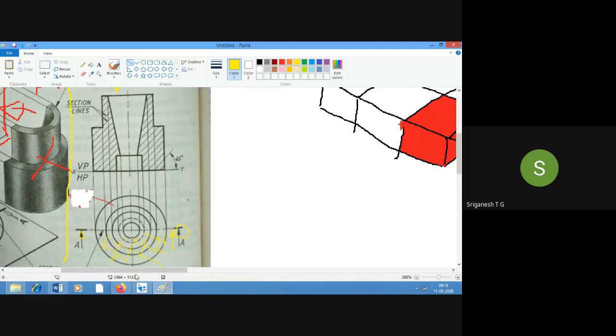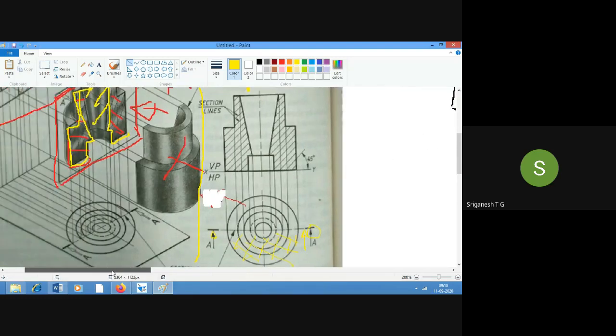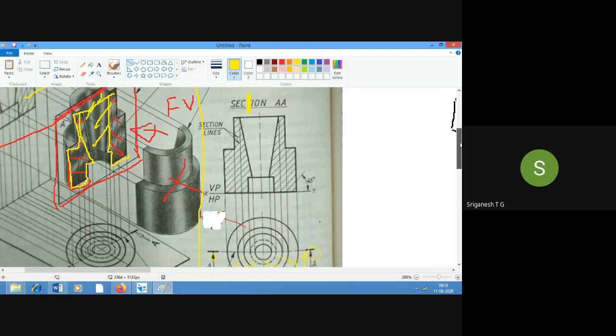Now how does it appear in the front view? We are no more able to see only the outer surface. We'll be able to see what is there inside and the boundaries. So we will be knowing the length and the height of the boundaries. So we'll write that length. We know this length, this is going to be the length. What is going to be the height of this particular edge? So for that length we will draw.